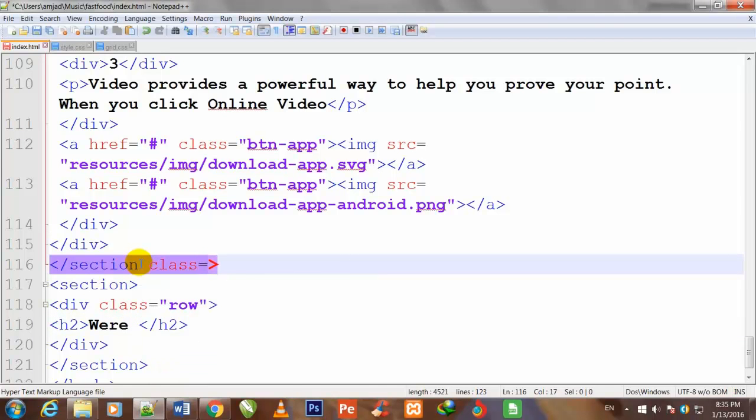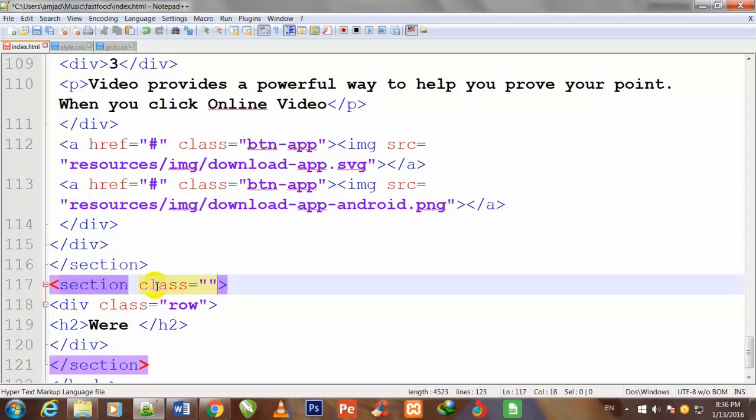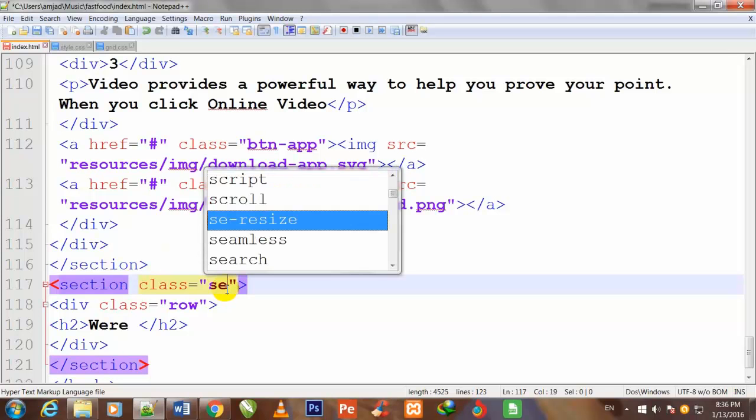So friend, where the section closed, here too I define some class. Sorry, actually this class name should be given here. Control V to paste, and here I give it the name.